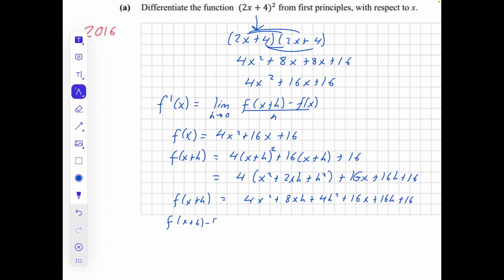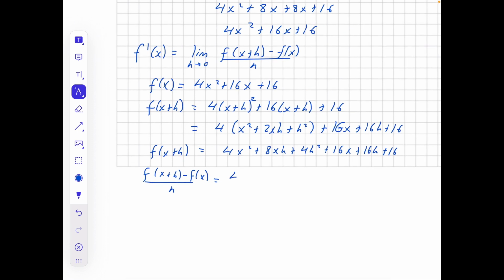Okay, and now I am ready. I have my f of x and I have my f of x plus h. I'm ready to fill it in to f of x plus h minus f of x, divided by h. So it is going to be 4x squared